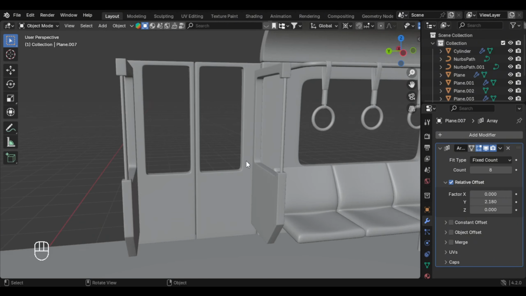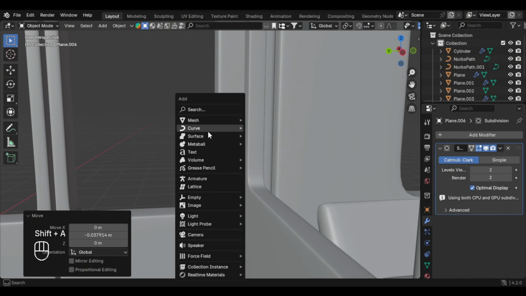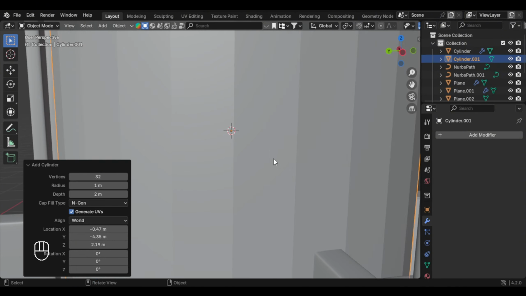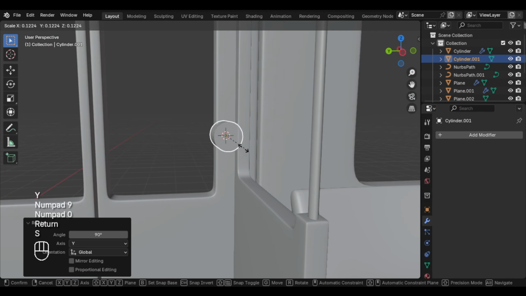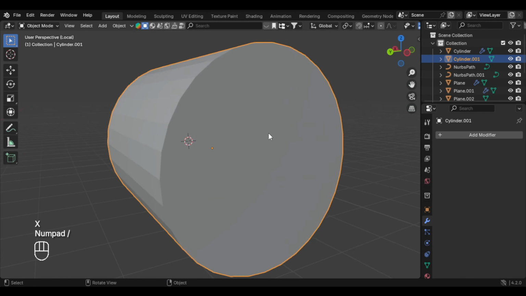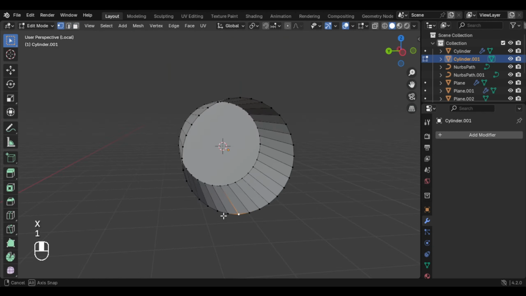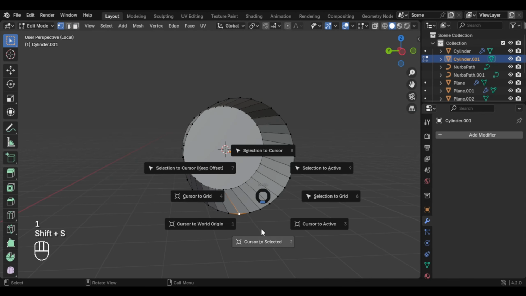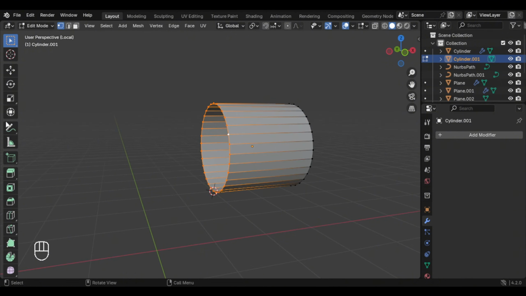And let's also make one more bar here, and we can bring the cursor to here and make the same process, so just a cylinder and R, Y and 90, and just scale it. And we can go to toggle view and select this face and delete it, and we can select this vertex in the middle and Shift S, cursor selected,